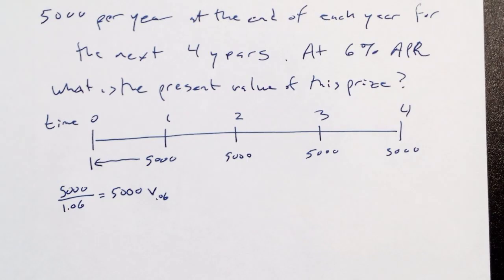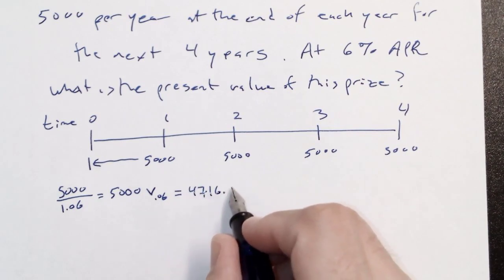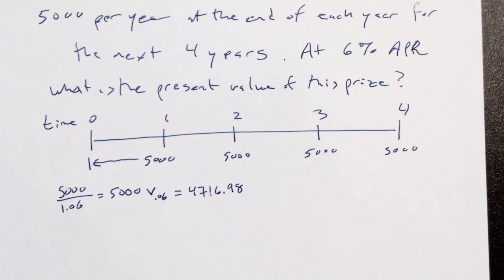What is it? $4,716.98. But now I have to do this 3 more times, right? To do this payment,